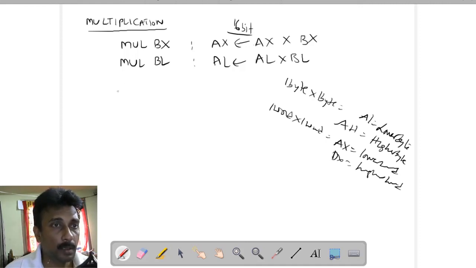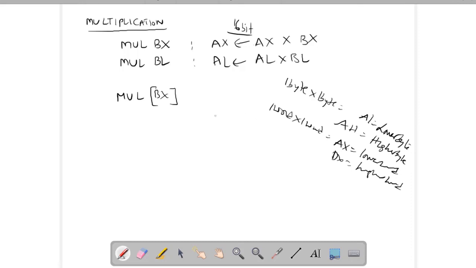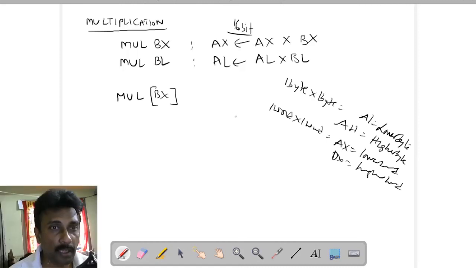Similarly, you can write mul with the content of a memory location. There is some content in the memory location. With that data, you can multiply with AL, and the result is also placed into the AL register. That is another way, mul bl. All the results will be in hexadecimal format. While multiplying, students may get confused and check the result in decimal format. Don't do that. The result will be in hexadecimal format, because we rely on the hexadecimal format in